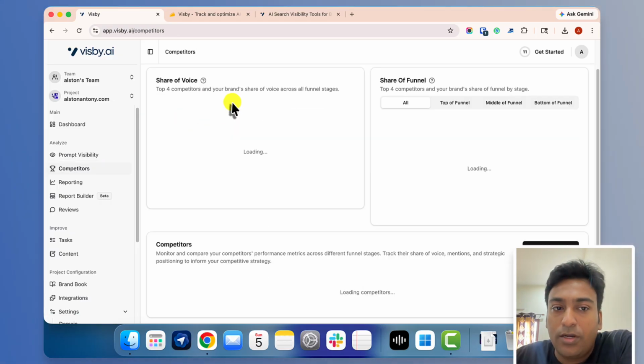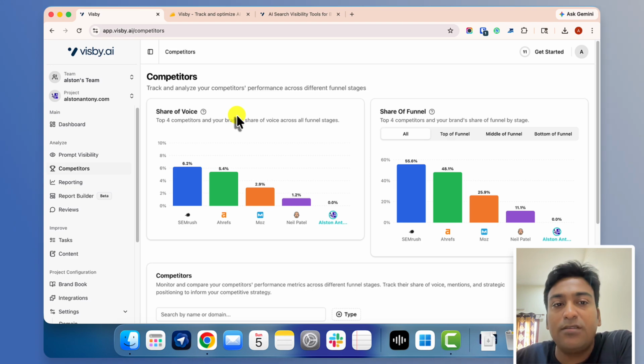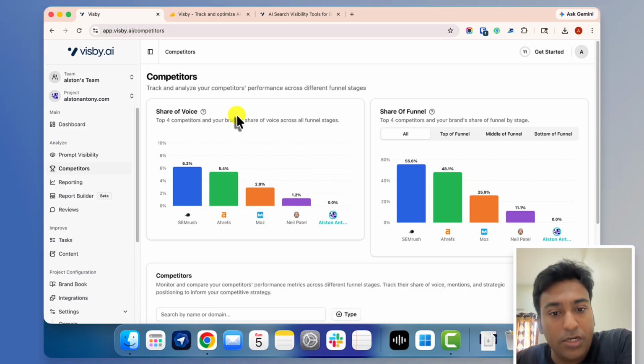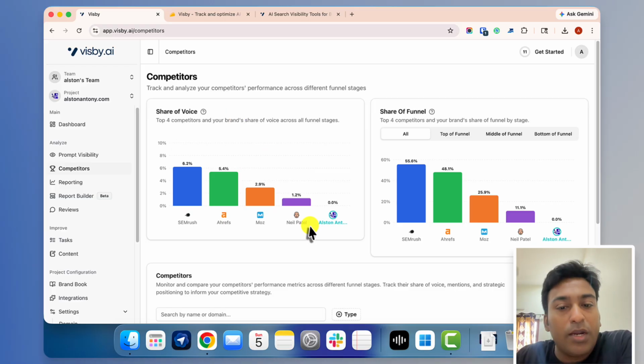Then when I go into competitor, basically competitors will give you a sort of overview of how you are compared with the competitor. In this case, I have added a poor example. I should have used one of my other projects that would have made more sense, but I don't have any